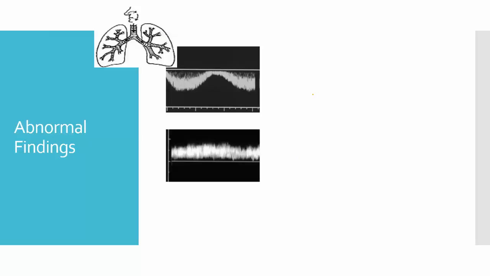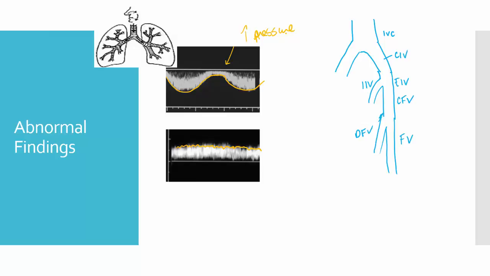So we also get abnormal findings here. If you notice, we have our undulation of pressure changes with our breathing. In the second one, we kind of get this low velocity continuous flow. So if we think about what's happening here, we kind of have an increase of pressure. So with lower extremity, it would be an increase in venous or in abdominal pressure. So flow ceases. So you can imagine that if we draw out the system, and this is an increased pressure,